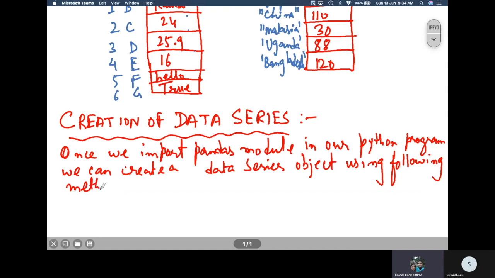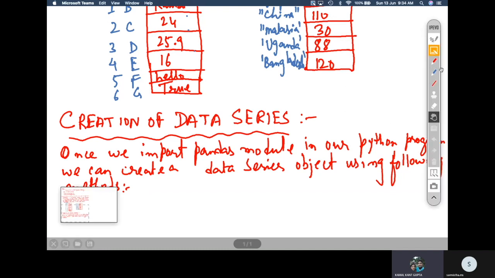There are multiple methods one can use to create a data series. Let us find out what these methods are. The very first one is creating a series from scalar values.